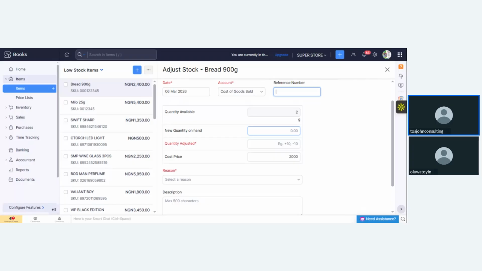So quantity available, then new quantity on hand. Based on your stock count, you can put it here, then it will adjust. Quantity adjusted, so you see it will come to this place, the price and all of that. If there's any adjustment, after you put all this information, it will now ask you, because this software tool